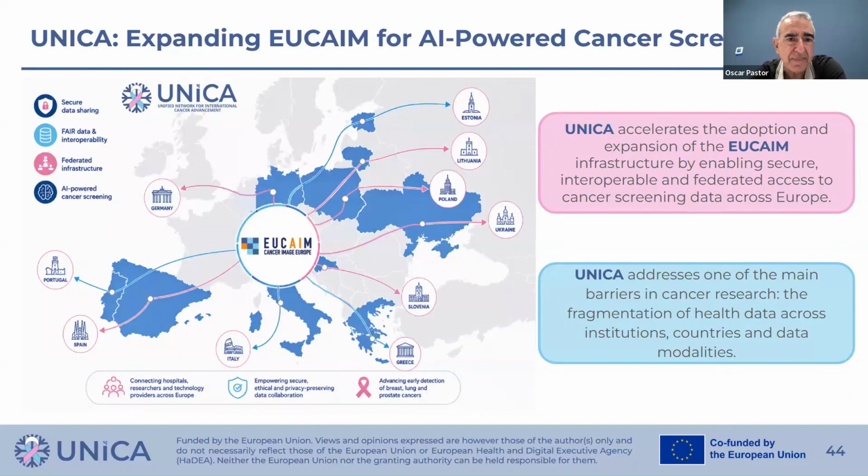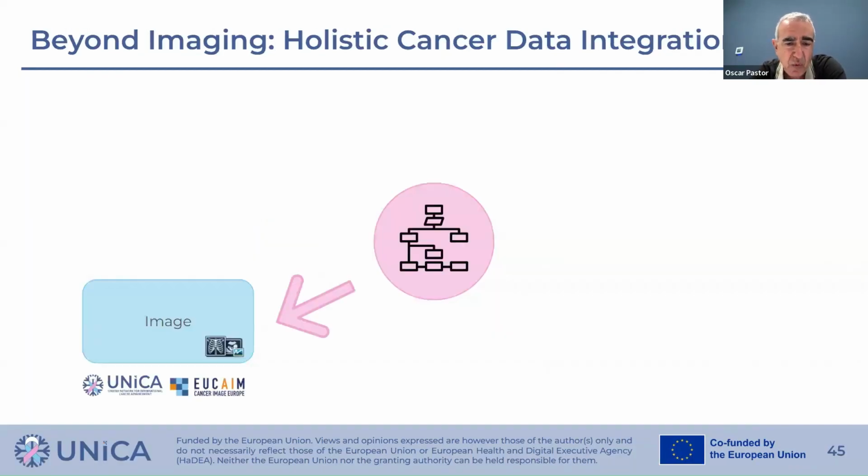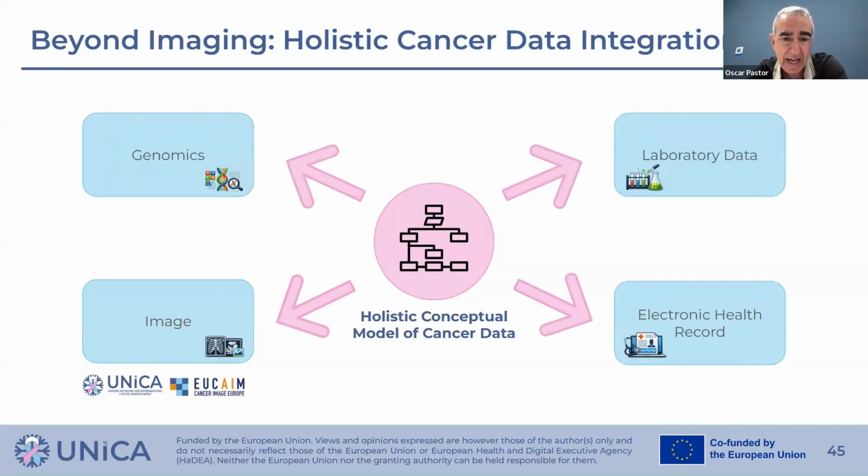And if we go next, Julia, we see that in particular when we talk about data modeling, conceptual data modeling, and ontology engineering, it is true that UNICA is focusing on images. And when we want to have a mega model of clinical data, we need to identify the main components of such a mega conceptual model. In UNICA, we have the dream of integrating these four perspectives under a holistic view, what we call the holistic conceptual model of cancer data in particular.